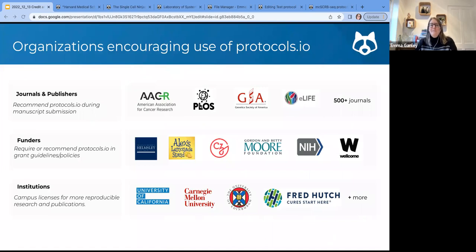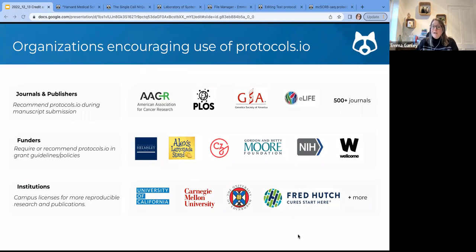We have had discussions and chatted with editors and publishers from over 500 journals, and many of them, if you look in the instructions for authors, do actually recommend or encourage that you share methods details using protocols.io or a tool like protocols.io. There are obviously other journals where you can publish them, as we showed you earlier, but there really isn't another tool quite like protocols.io. Quite a few funders recommend this either as part of their grant author instructions.